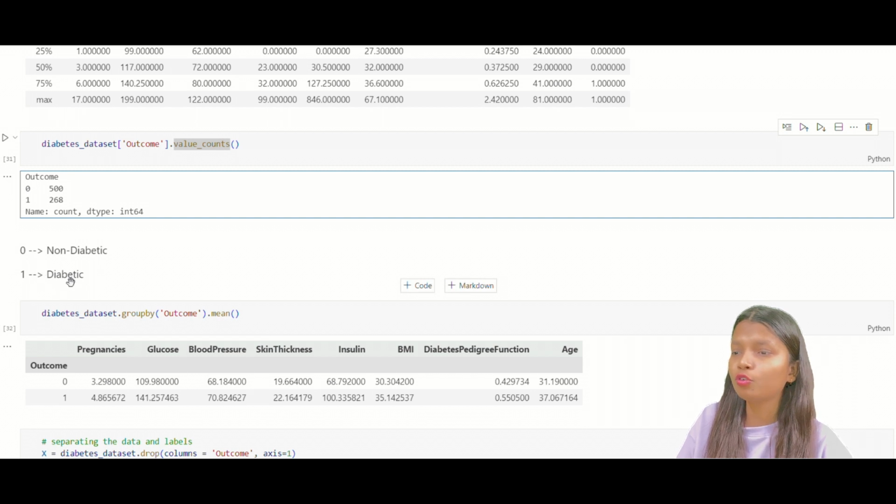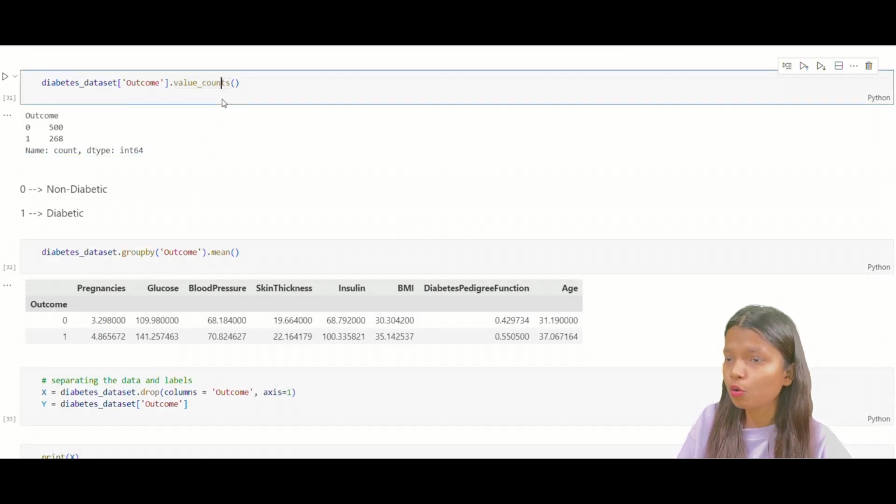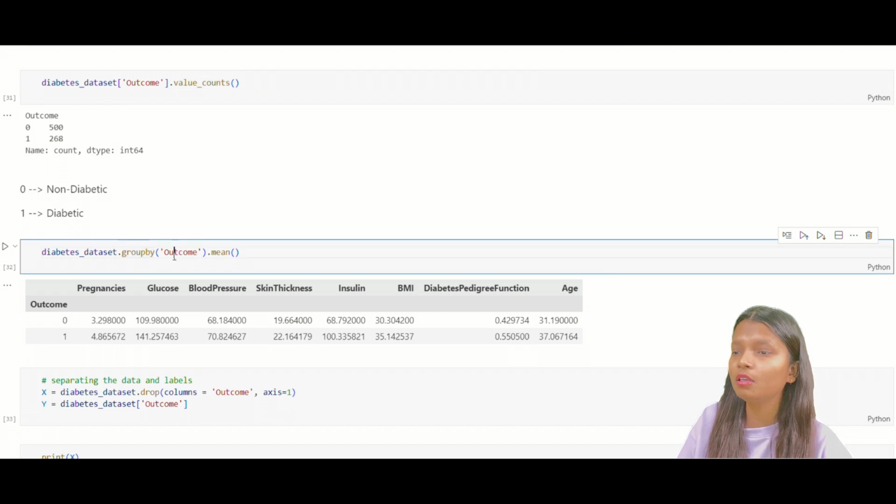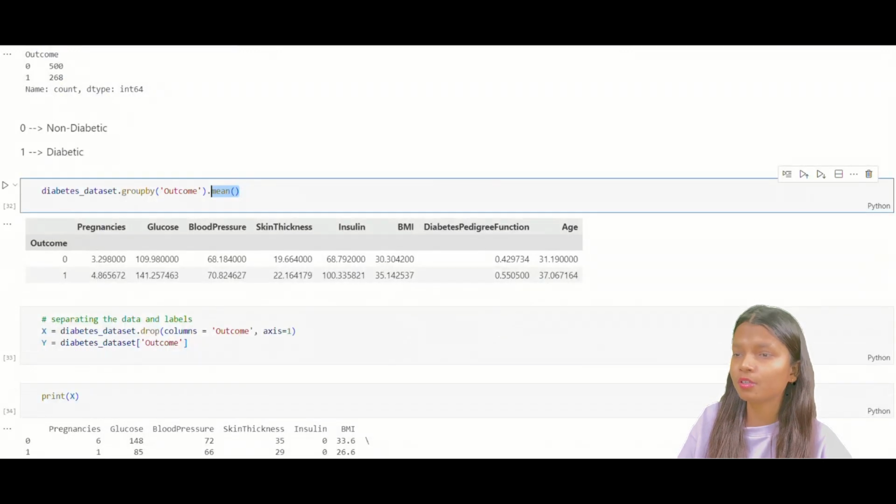After that, I do a groupby on the outcome to check the mean with reference to all the other features that I have. So on the basis of pregnancies, for 0 the mean value is 3.29, and so on I have printed.